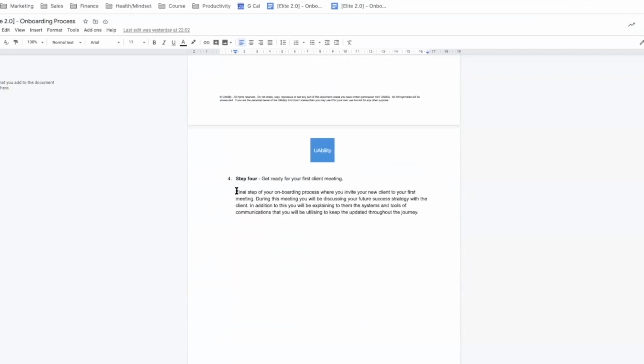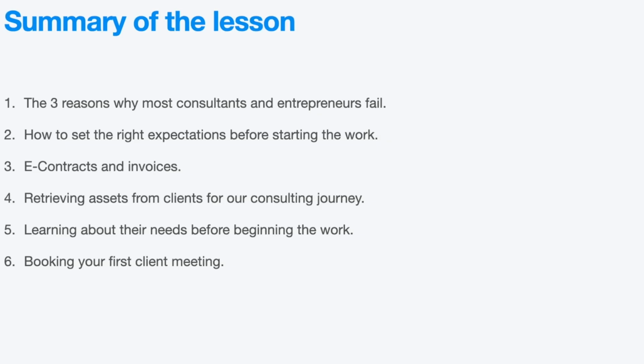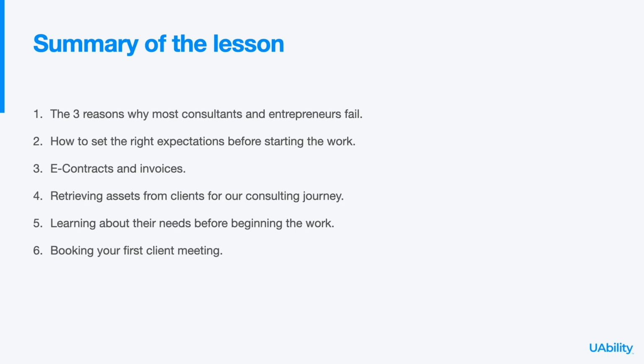And then step number 4 is the final step, which is to book your onboarding meeting with the client. And this will be done on automation. So again, once somebody reaches step number 5 of your funnel, they will be able to select time on Calendly, and they will be able to book a meeting with you. Now, during this meeting, you will be discussing your future success strategy with them. In addition to this, you will be explaining to them about systems, tools of communications that you will be utilizing throughout this whole process to basically update them and everything else, right? So this is how the whole client onboarding process actually looks like,